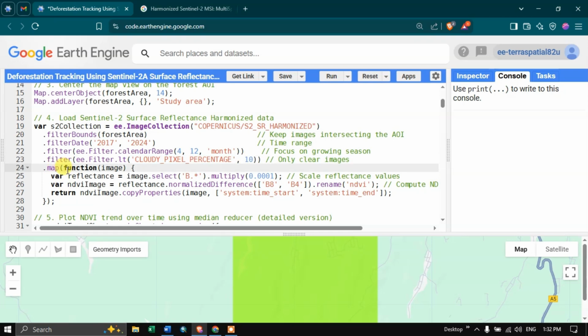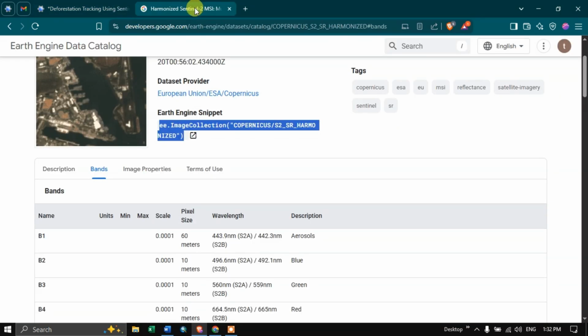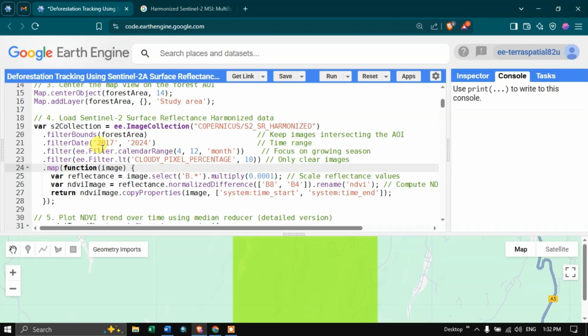In the next step, we're going to create a loop function, in order to apply the scaling factor to each of the bands in the Sentinel 2A imagery. This particular satellite image has a scaling factor, so we have to apply it to each band. For that, I'm going to create a loop function, .map(function(image)), and inside I'm going to create a variable called reflectance equals image.select('B.*'). It refers to all the bands in the Sentinel 2A imagery, and we're going to multiply by the scaling factor